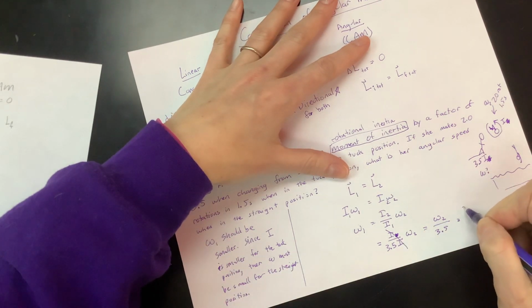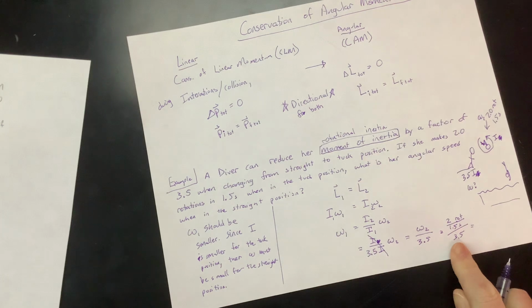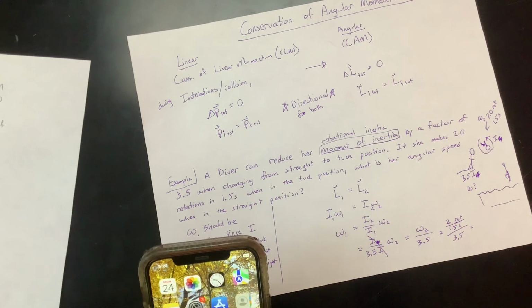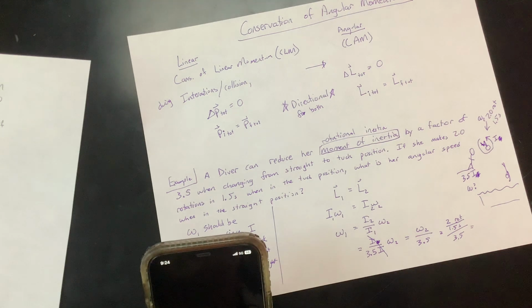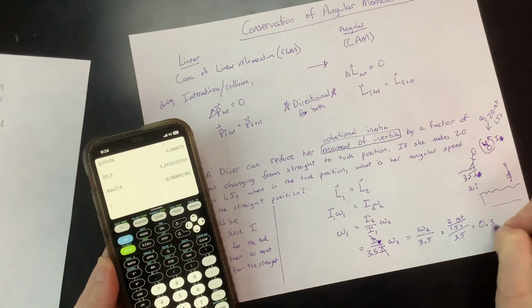So I'll take my 2 rotations, maybe you want to stick 4 pi in there, over 1.5 seconds, and then I'm going to divide that by 3.5. That's not very pretty math, but that's what I'm going to plug into my calculator here. Let me get my calculator. My calculator says that 2 divided by 1.5 is an ugly number, 1.3, and then I'm going to divide that by 3.5, and I get 0.38